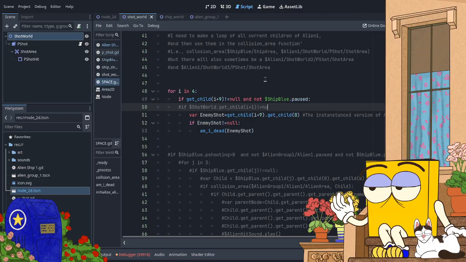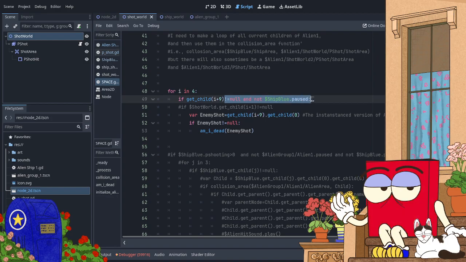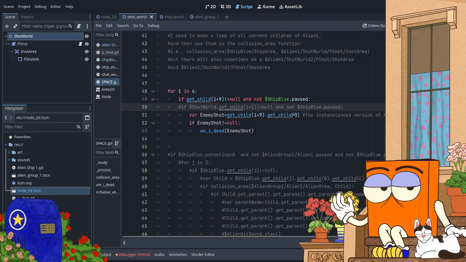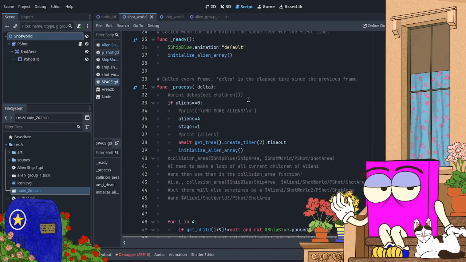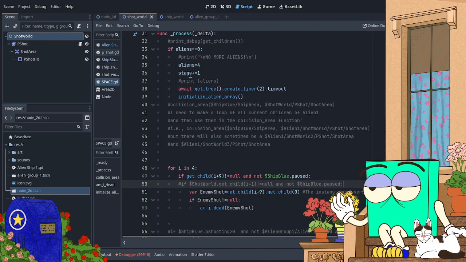Not equal to null. Okay. That's what it'll look like once I'm done moving the code. The code will go here in process delta. Not in process delta, but